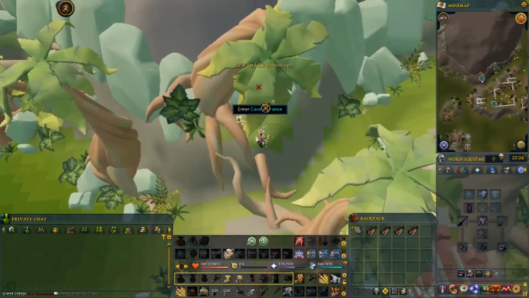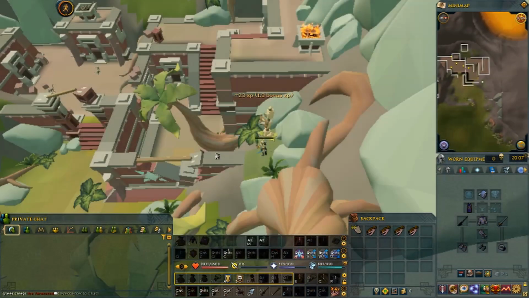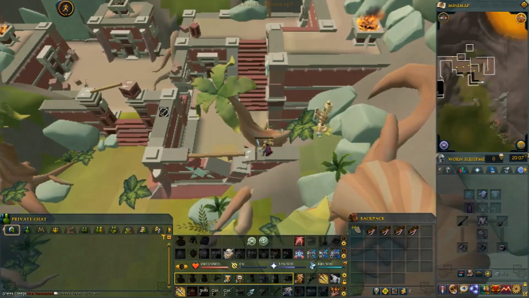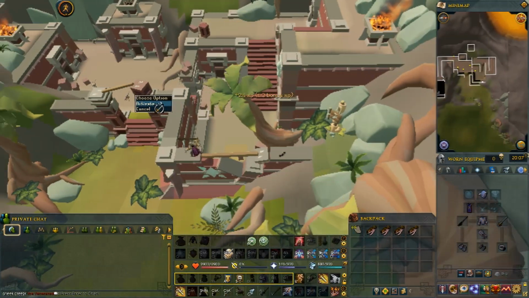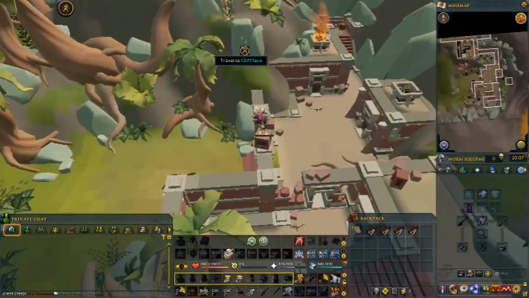Enter the cave. Then you want to be spamming surge as you go out the cave. Cross here, activate your blade dive, click here, right click. As soon as you cross over, do that, and you'll just do a little zip. Spam surge here,